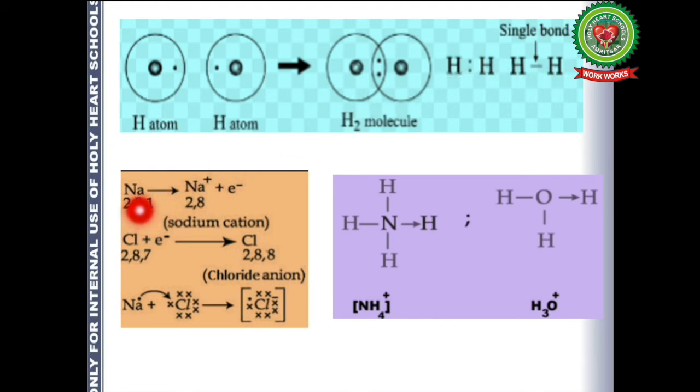Similar is the case with sodium and chlorine. Sodium wants to give 1 electron, chlorine wants to accept that 1 electron. So therefore sodium will transfer its 1 electron and we will get NaCl formation, that is sodium chloride formation. Likewise, it gave rise to new compounds also. Now this force of attraction that is existing between these atoms, it is known as chemical bond.